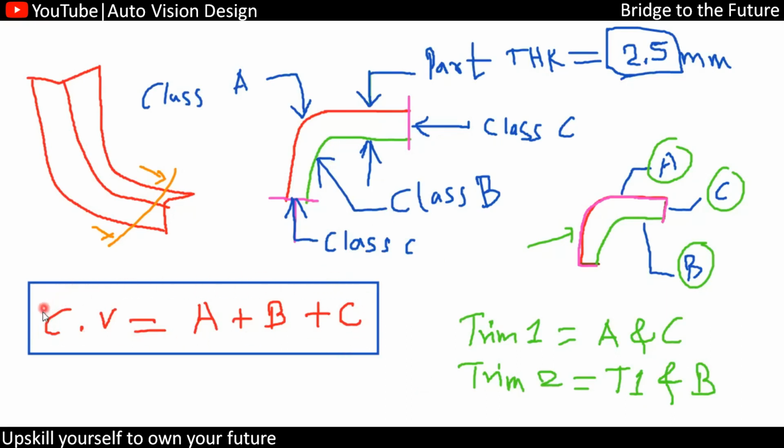To practice closed volume with this simple step: class A, then go for the offset of class B, then create the class C surface. Always create the class C surface with the sweep. Don't ever create it with the blend command, because we don't have control on the blend command, whereas with the sweep we have control. We can change the angle at any time. If you are doing the blend, it will be done by two lines over here. With respect to two curves as guides, we need to do the blend, so we cannot change these particular values. So always do the C surface with respect to